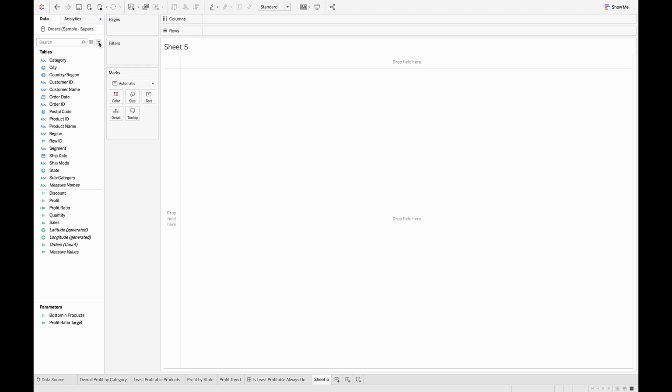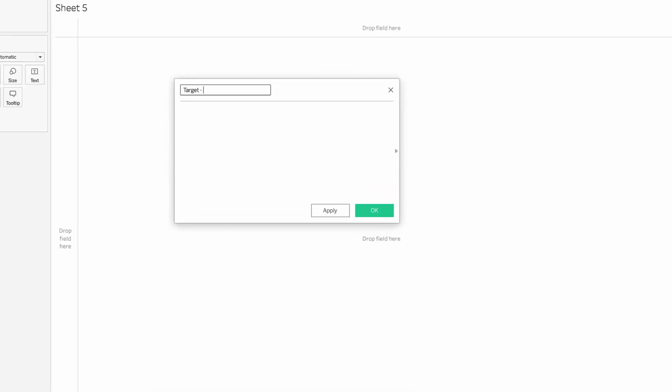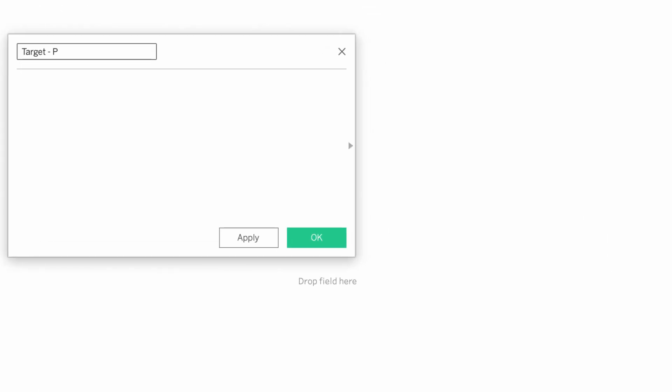And then I'm going to create a calculated field. So create calculated field, and this calculated field is going to be my target ratio minus, yeah, let's go ahead. This is just called my target minus my profit ratio. There's probably a better name for that, but let's leave that for right now. Now, in this particular